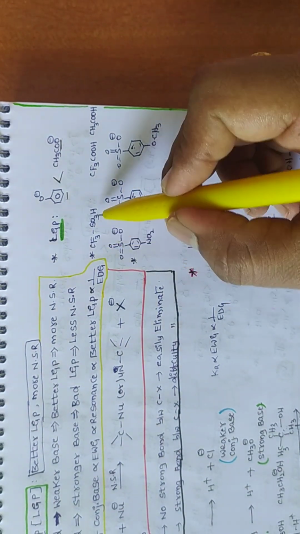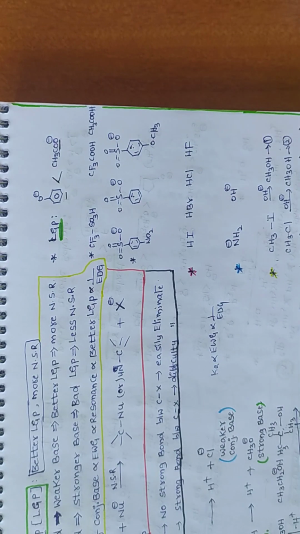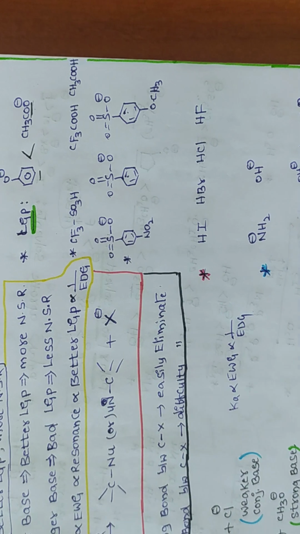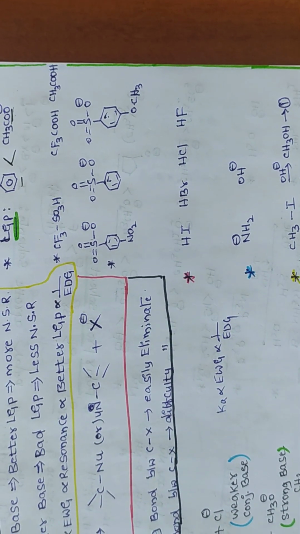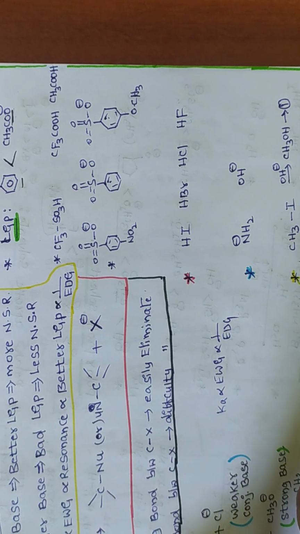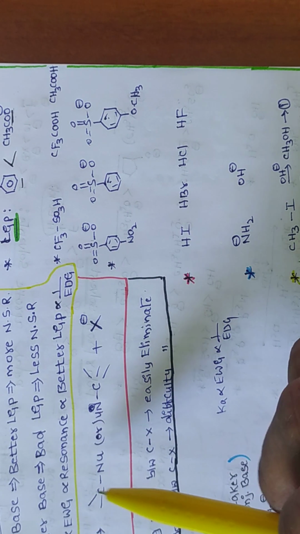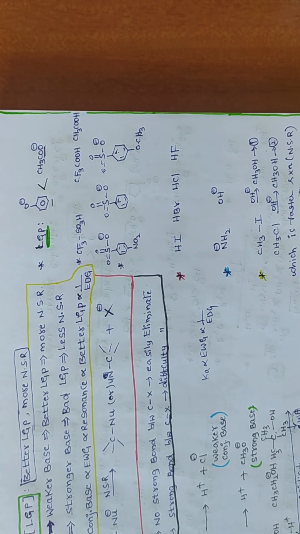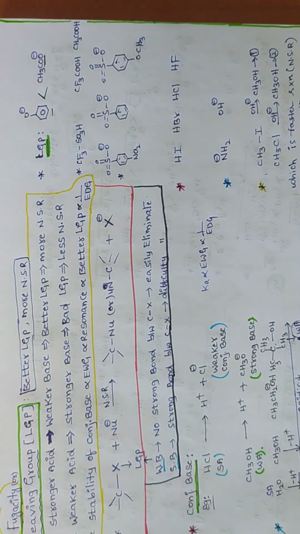Next, CF3SO3H, CF3COOH and CH3COOH, acetic acid, are taken. Now which one is the better leaving group? The stability of the conjugate base is directly proportional to the electron withdrawing group. The stability of the conjugate base is directly proportional to an electron withdrawing group. So this is